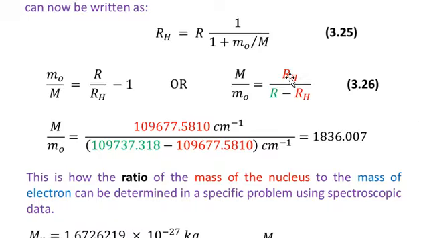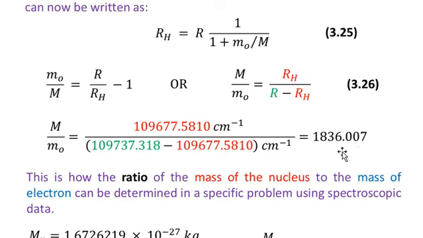So using those numerical values shown over here, capital M over m naught is equal to 109677.5810 centimeter inverse, divided by the value of R shown in green, 109737.318, minus again the red value of R_H, which is 109677.5810. If you take the difference in the denominator and divide the numerator by it, you will get this value, which is equal to